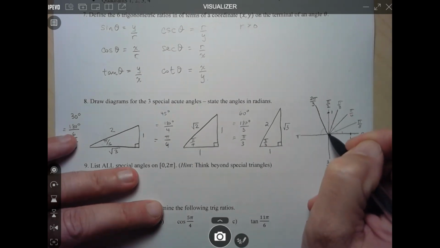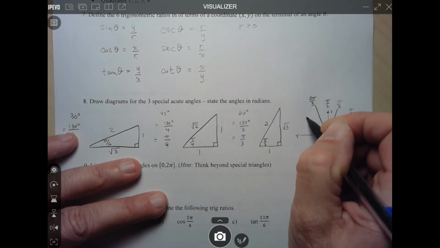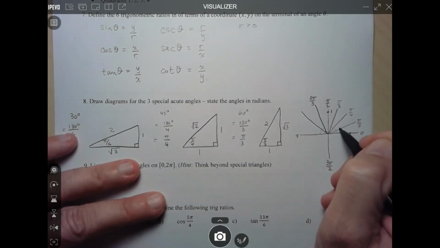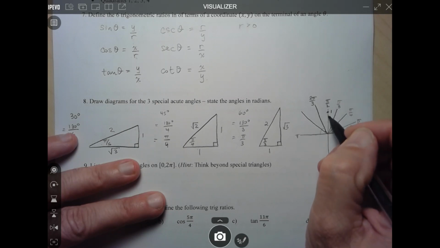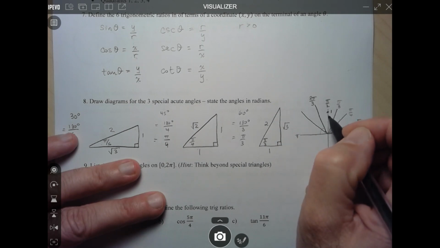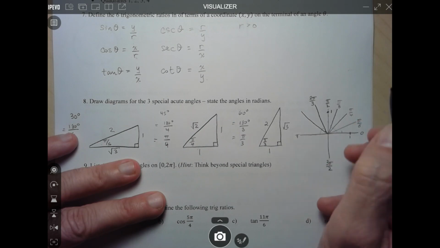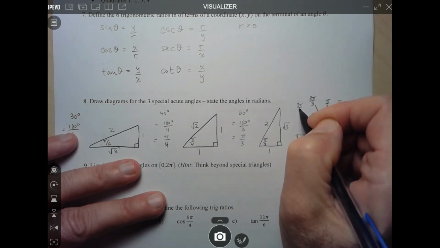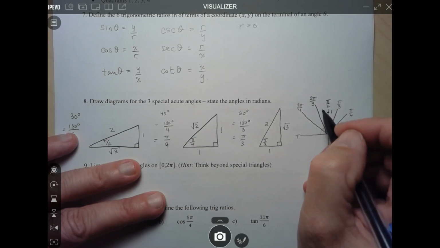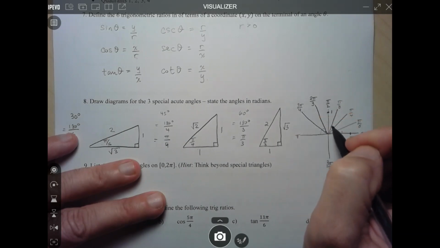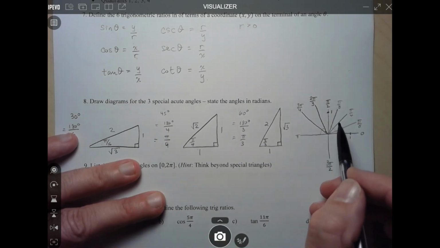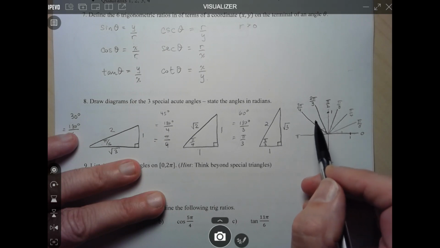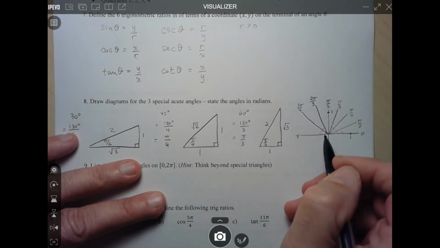Let's now go for the next one. Here we've got pi over 4, 45 degrees, plus another pi over 4 gives me pi over 2, like 90 degrees. If I add another pi over 4, this is going to be 3 pi over 4, like adding 90 to 45, this would be the 135 degree angle. But I'm thinking of it in terms of radians. So pi over 4, 2 pi over 4, 3 pi over 4. And now we've got